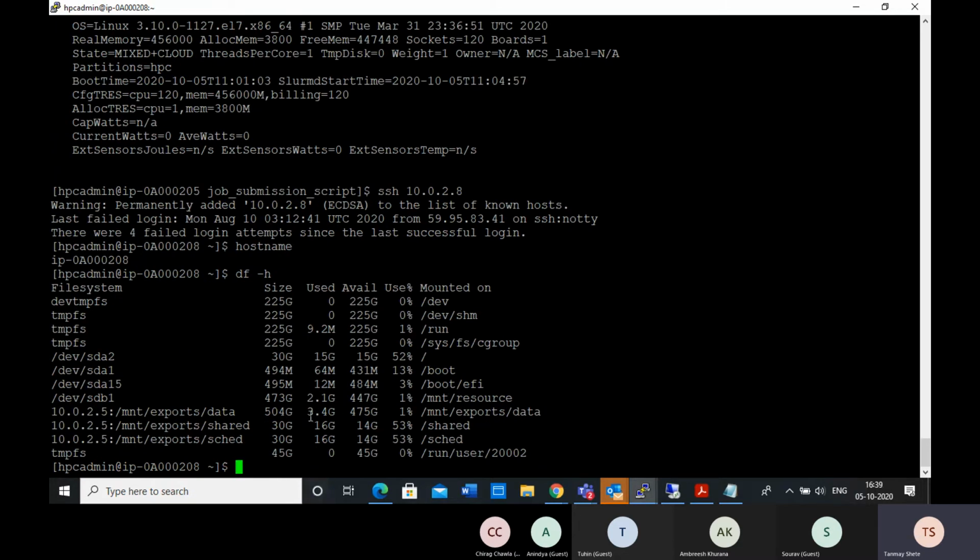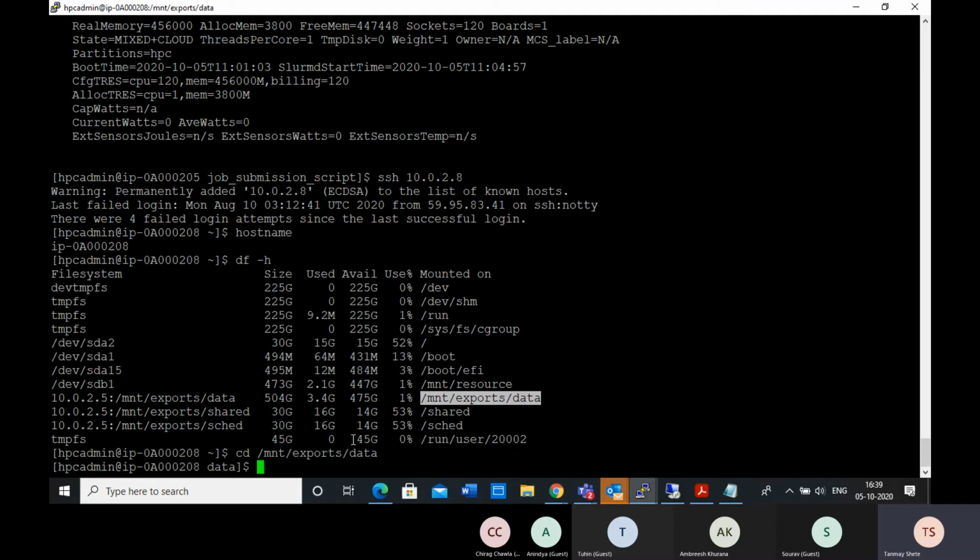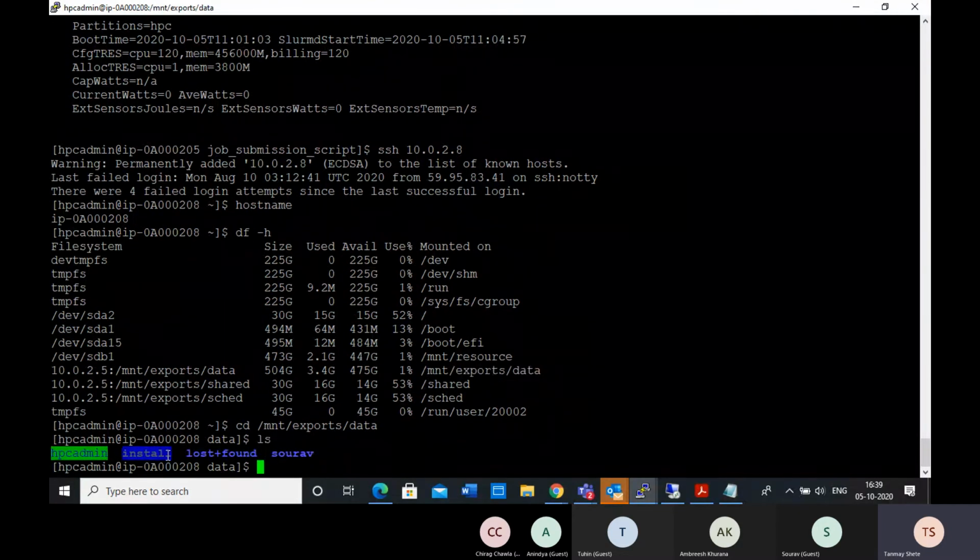So now if you see here, this /mnt/resource, that temporary storage which we were discussing, has about 473 GB size on this machine. Whereas /mnt/exports/data is the same as the original one. If I go inside /mnt/exports/data on that machine, you can also see the hpcadmin install directory that I just created and the Saurabh directory.